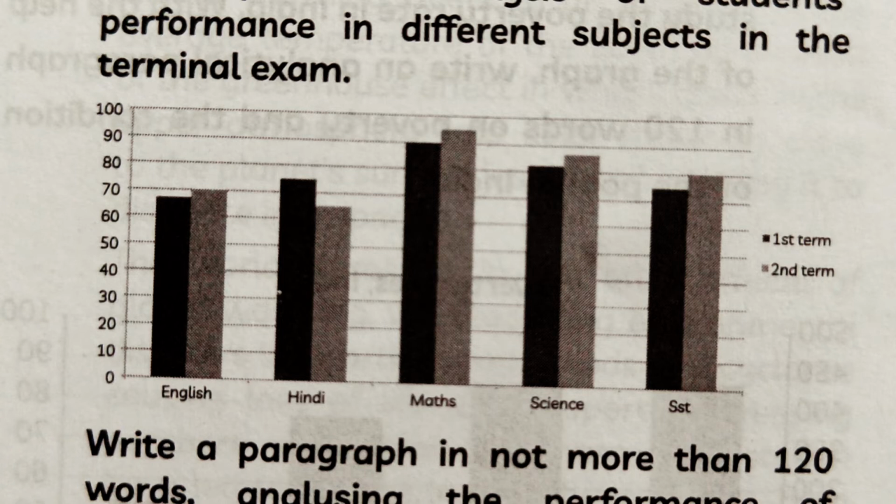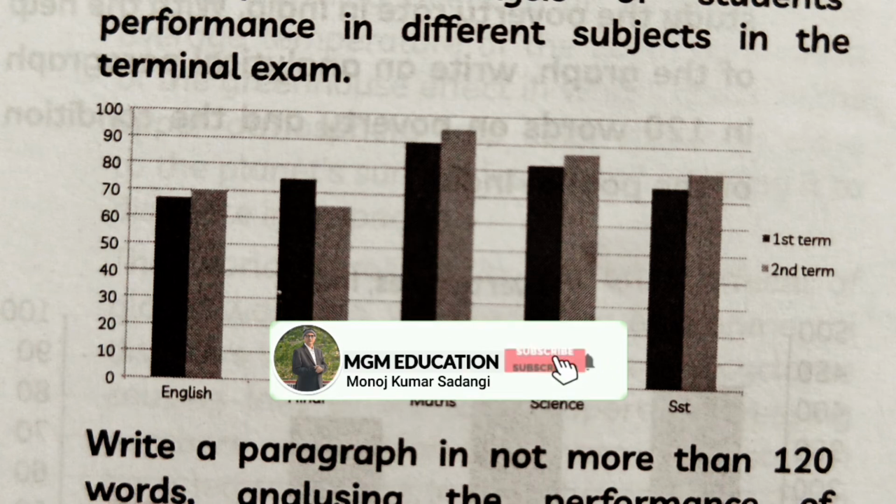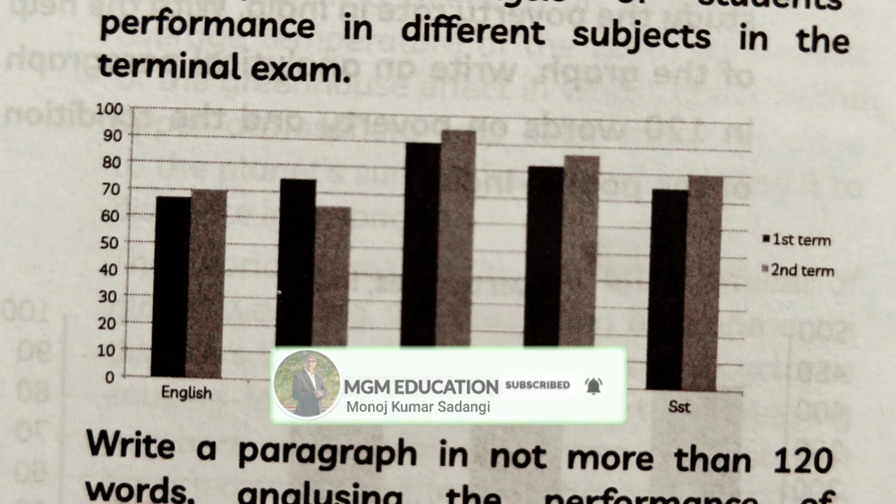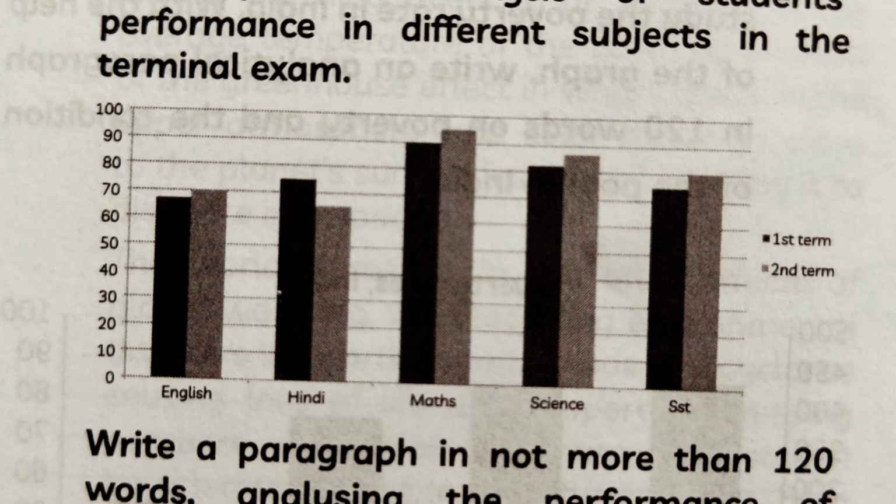But just remember one thing, while going from one sentence to another sentence, proper conjunction should be used, right? Suppose you are going to describe science, what will you say? The performance of students in science is better than English and Hindi, because the bars are very high here. Math is still better, right? But here also mark one thing, the dark one is the first terminal examination. So in science what happened? In the first terminal